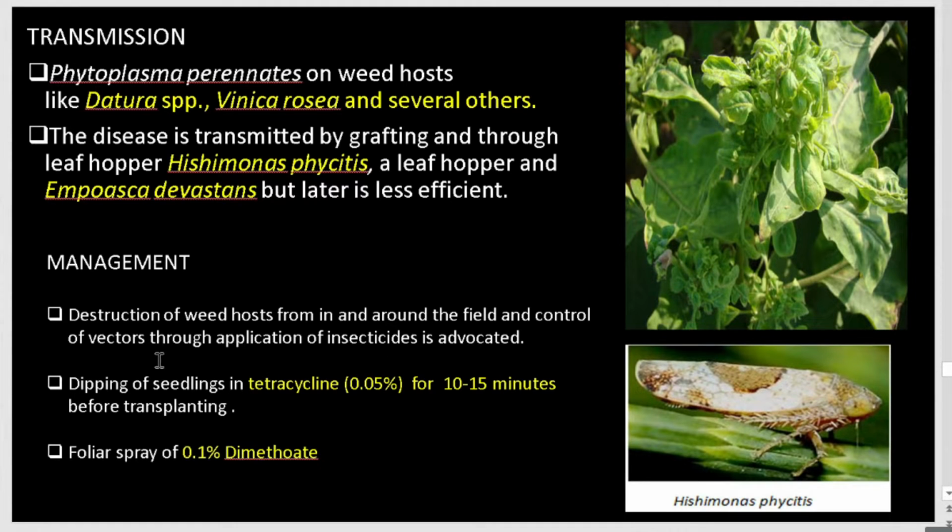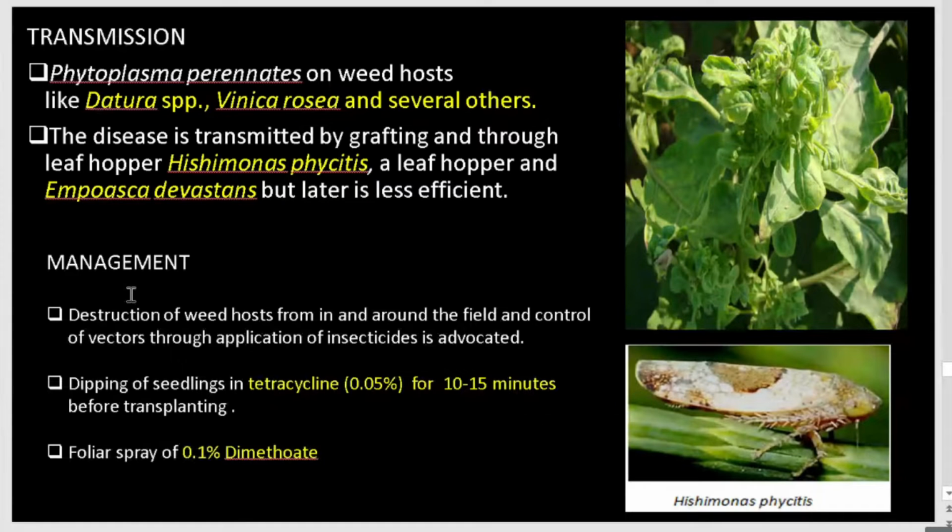So, about management, in some cases this is seen in severe form. Like now, the maturity stage of rice and the vegetative stage of brinjal coincide. So plant hoppers may easily migrate from rice fields to brinjal fields or from weed hosts. So generally we recommend